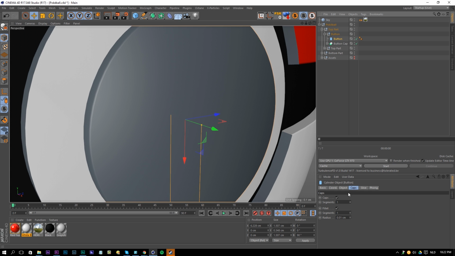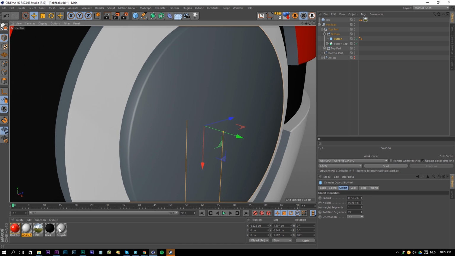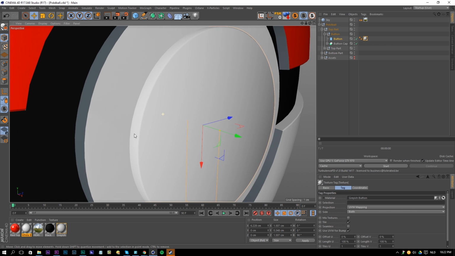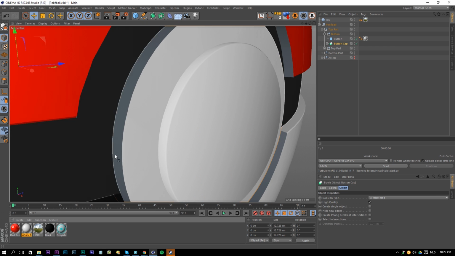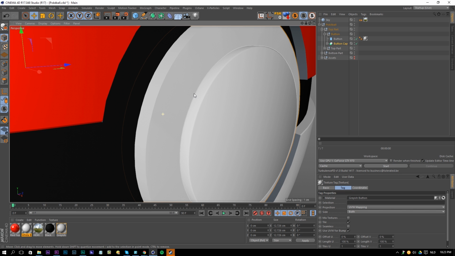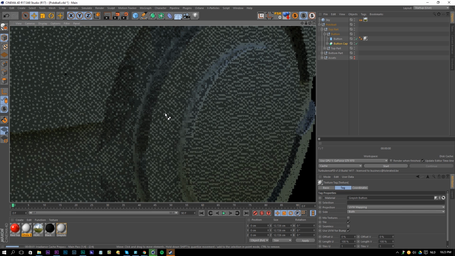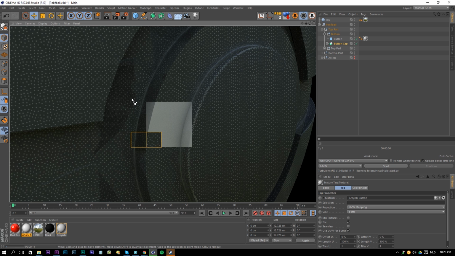And okay, so it's still kind of rounded up, so I'm not sure why that is. But let's see how this looks in a real render. So I'm going to drag this texture on there, and also this texture on here. Or yeah, okay, on the sides of this texture, and I'm going to render this out. Okay, so now we're getting some nice results.